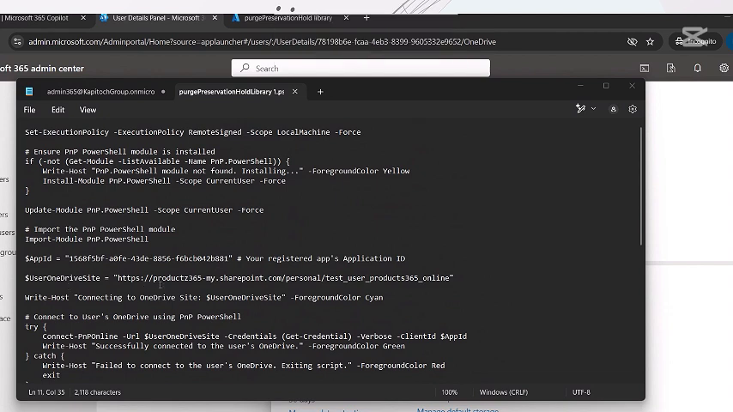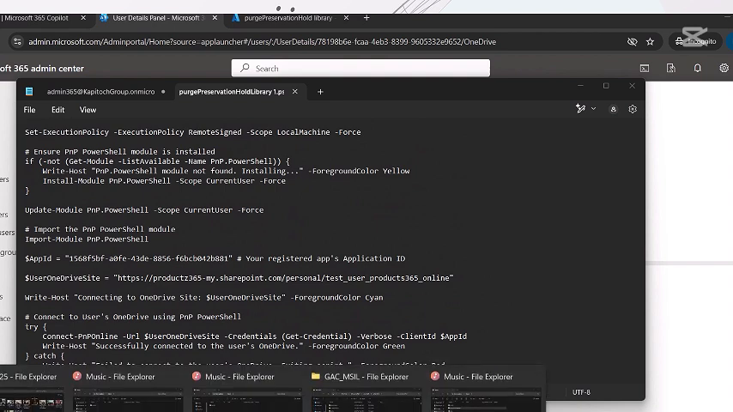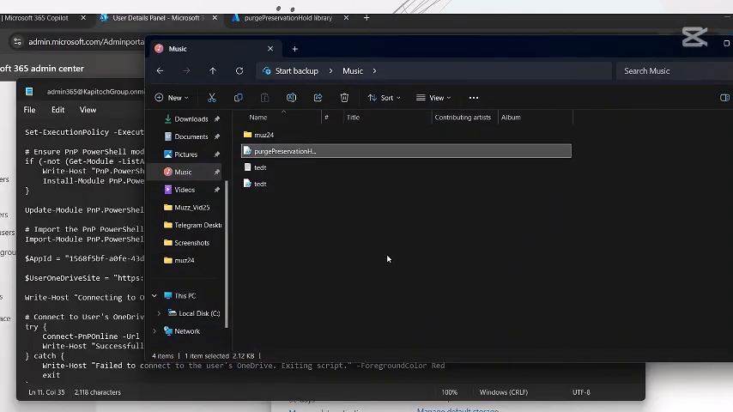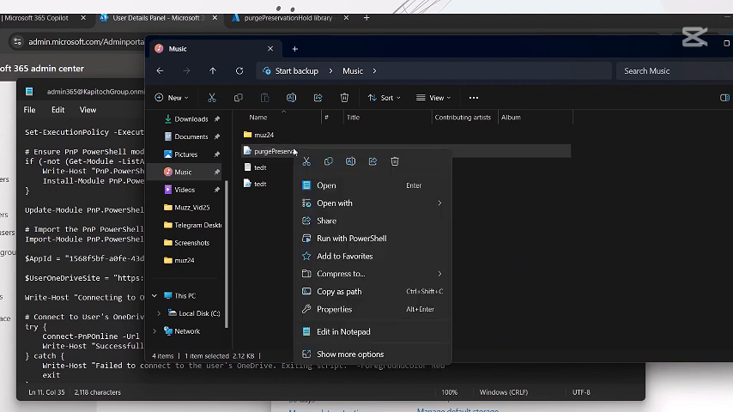We are going to log in with the admin account. So we've edited the file. So let's go back to where this file is saved. I think it's under music. Go back to music. So one more thing before we run this PowerShell, we need to run it on PowerShell